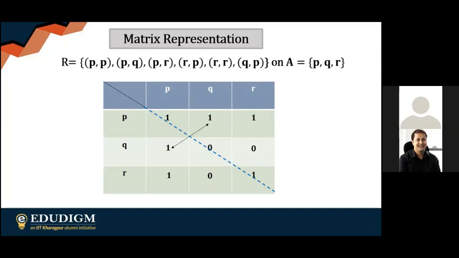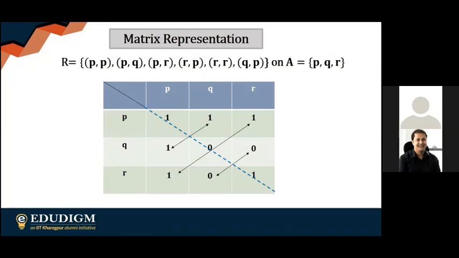Look at this one. These two elements are in the 1, 2 and 2, 1 positions. Similarly, you take these two elements and again these two. If you look at all of them, either they are simultaneously 1 or simultaneously 0. Now just notice one thing which is very interesting here. If you look at the matrix, this is nothing but a symmetric matrix. And this tells you how beautifully all the chapters that you're going to learn here are going to be related. So this is something that you can definitely observe.